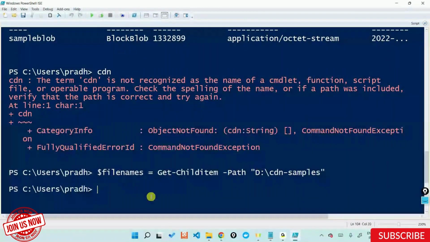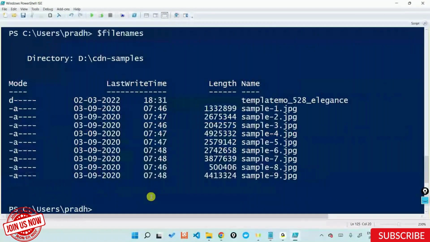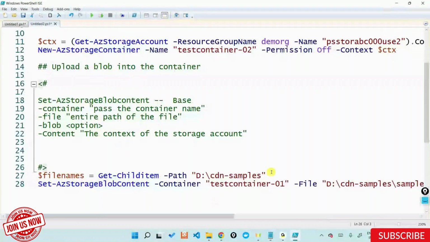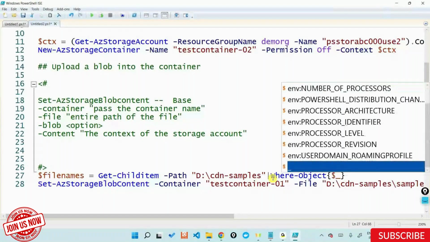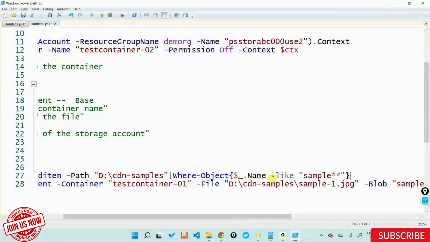So if I just say $fileNames, it has things like the last written time, the length, and the name, and all these things. To filter out only the sample files, I'll put a pipe here and say Where-Object $_.Name -like sample star star. If I run this right now,